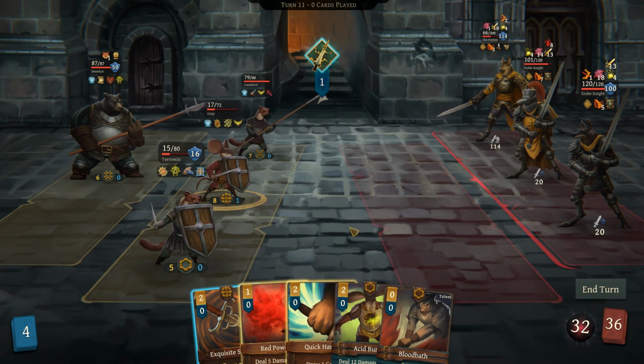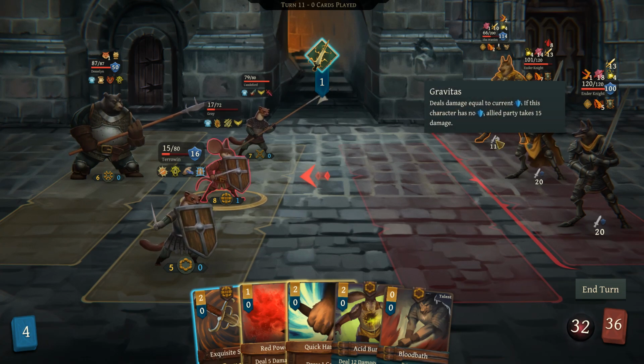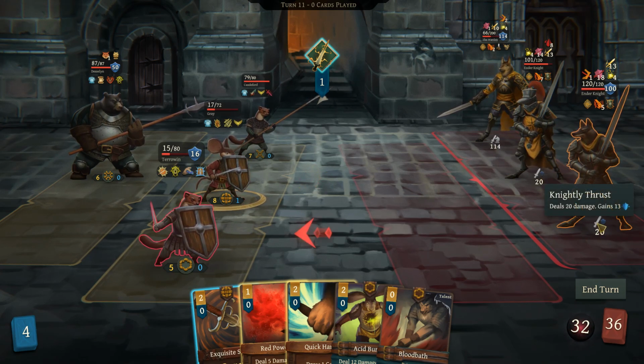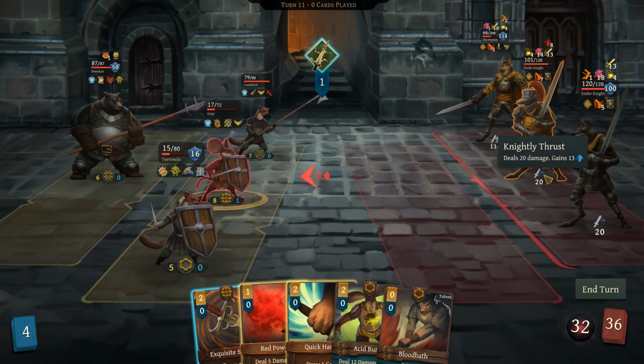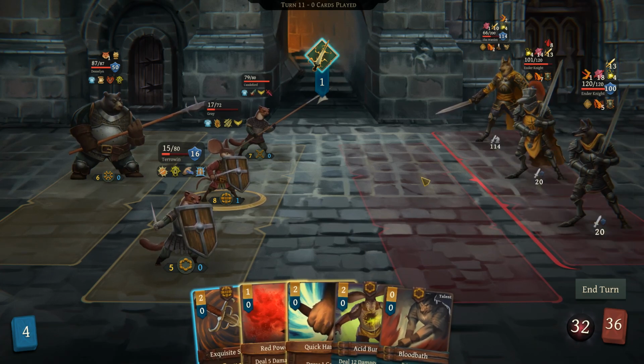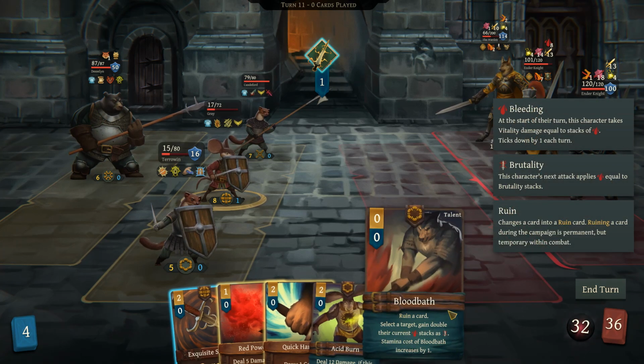Okay. I do appreciate them all standing in the same rank. Deals damage equal to current armor. 20 damage and 20 damage. That one's not so bad. This one's a problem. So, we do have an enemy who has 8 bleed up. And we can certainly increase that amount. Can double their current...